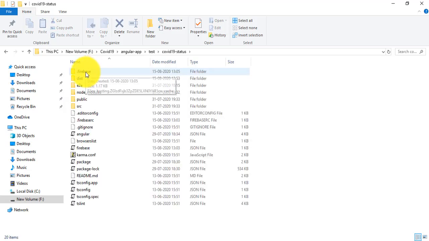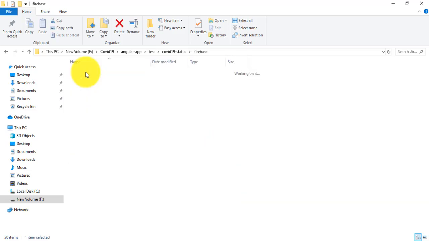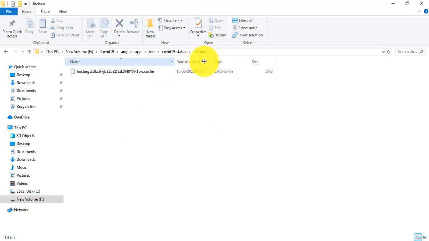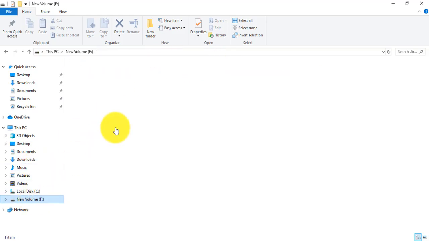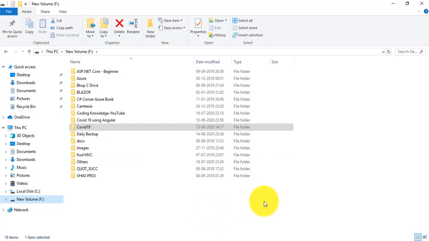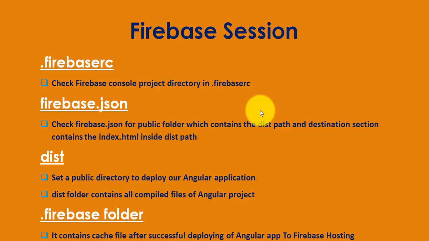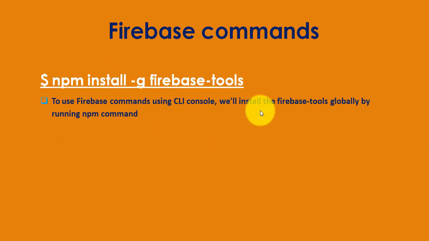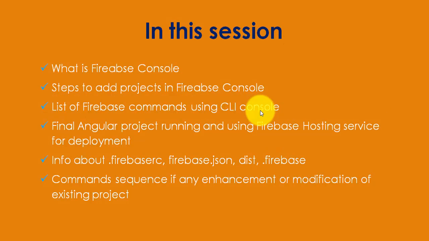You'll see your .firebase folder will be created like this after successful deployment, and it will contain the cache file as per the deployment information. So this is all about the files and folders information.